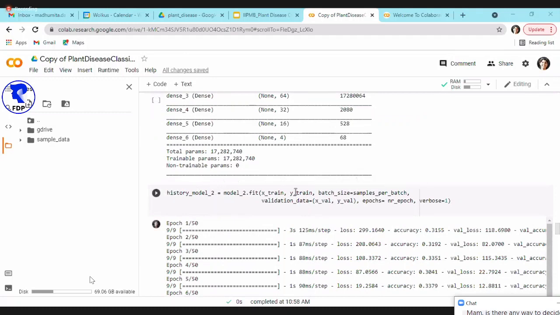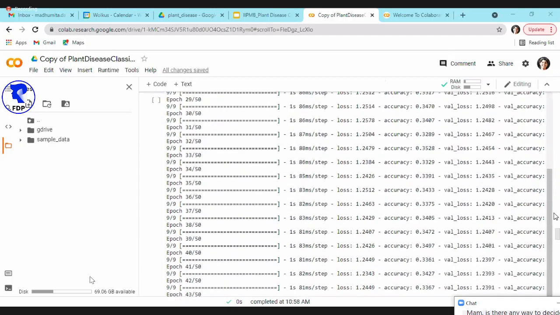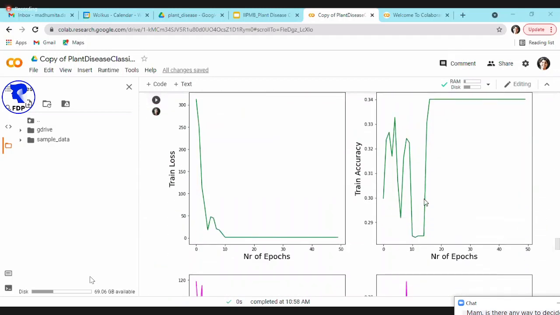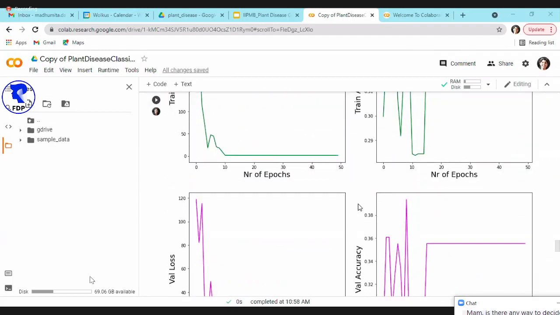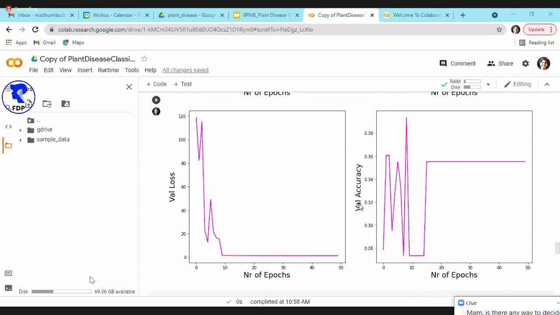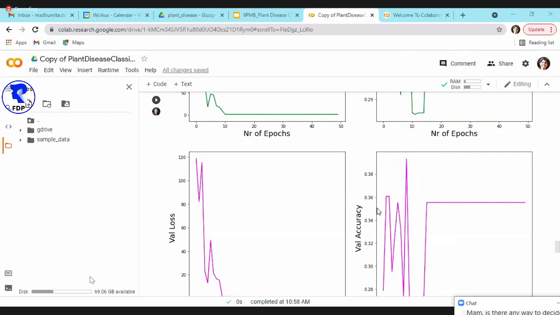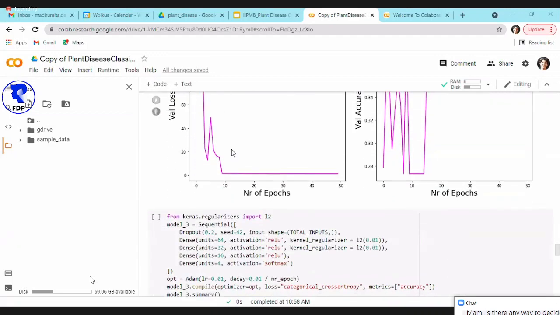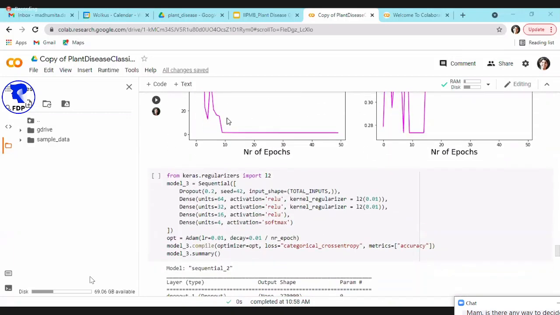Then I run this model, and let's see how it is performing. Now, the good thing is the overfitting problem is solved. Both the training and validation have similar accuracy, around 35%, but the accuracy is still not great. For the validation loss function, after 10 epochs, I don't see a point in running further. Maybe you can run it up to 10 epochs. No need to run it 5 to 50.